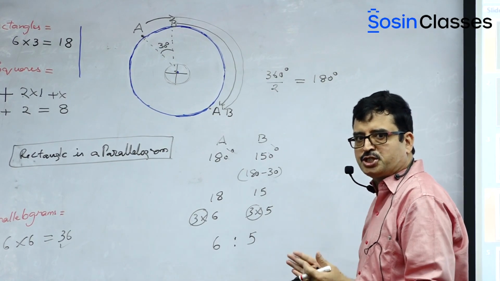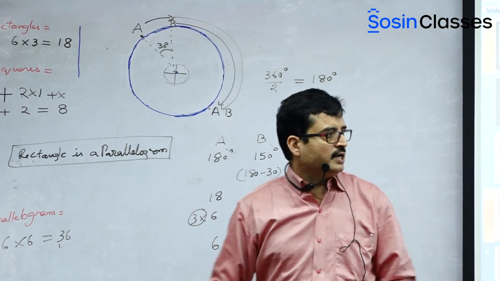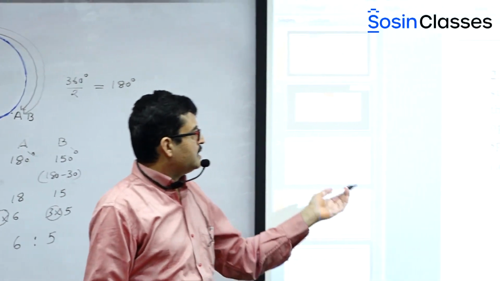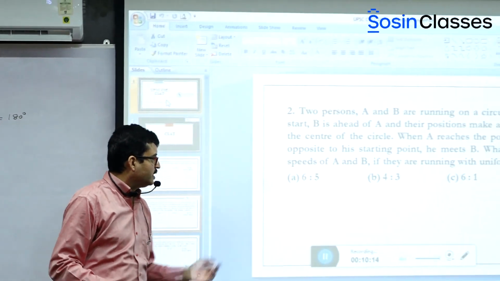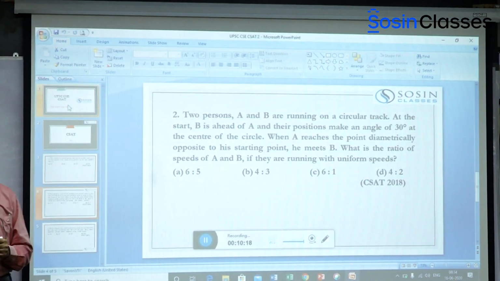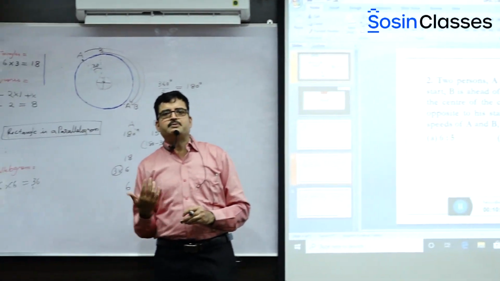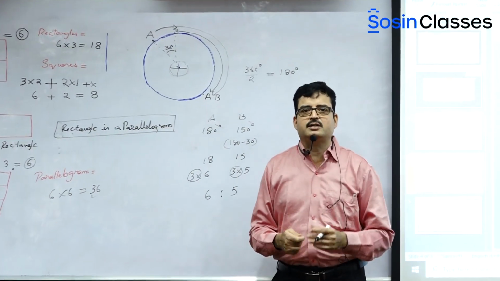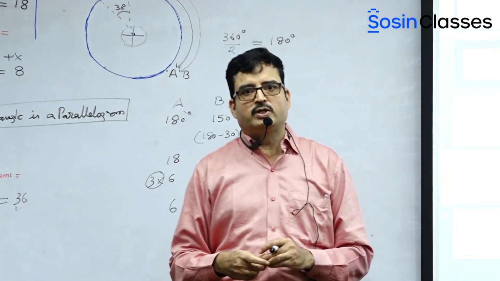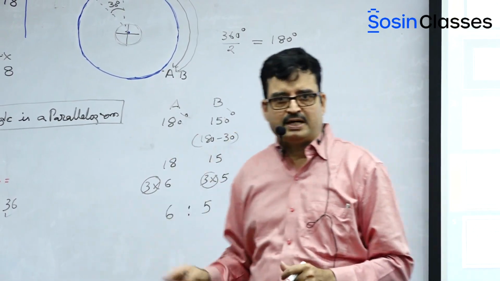Ratio is expression of the given quantities in simpler form. So 6 is to 5. In that way, please note, the answer is the first option, 6 is to 5. And please note, this question was asked in CSAT 2018. So please note, with respect to CSAT, even if you take arithmetic questions, the questions will be logical in nature rather than technical oriented, as discussed in the previous session. Okay? So this is about the second part.